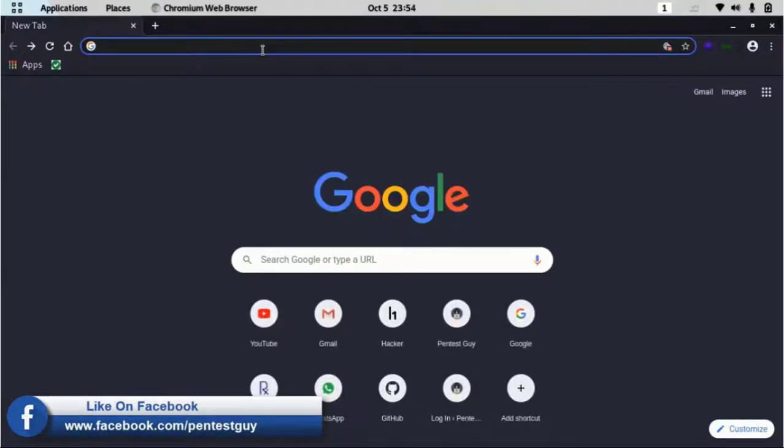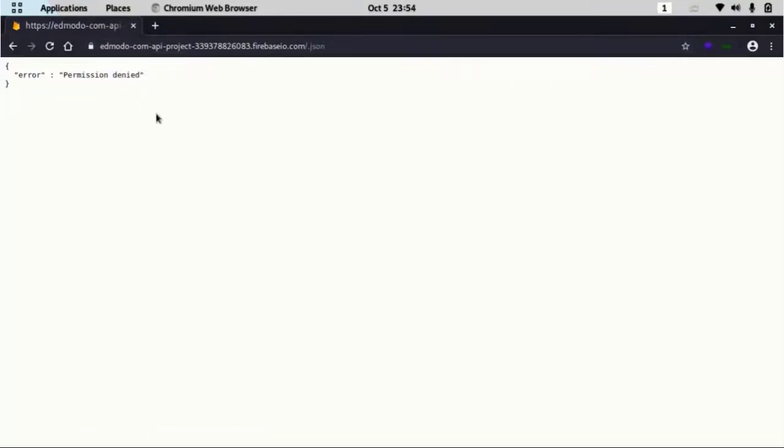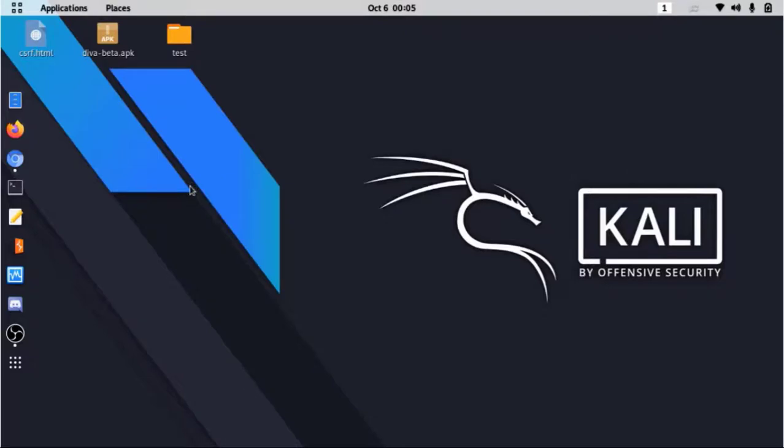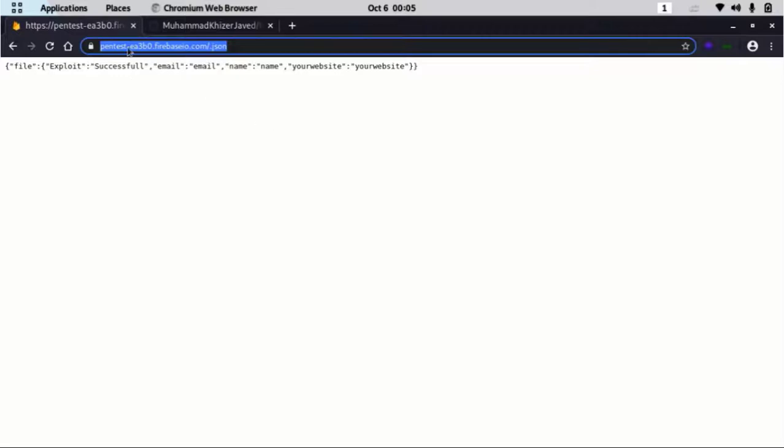and paste it, and after that I'm going to put .json. You can see over here it's secure, there is no read and write access permission for us, it says permission denied. Now I already created an insecure Firebase with public read and write access.